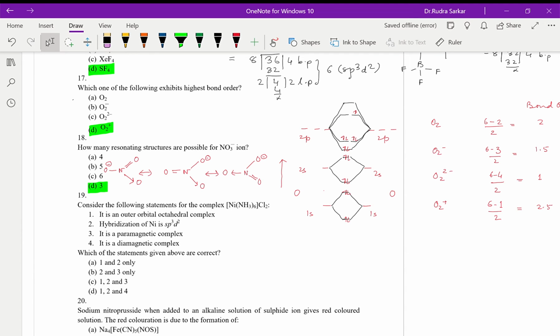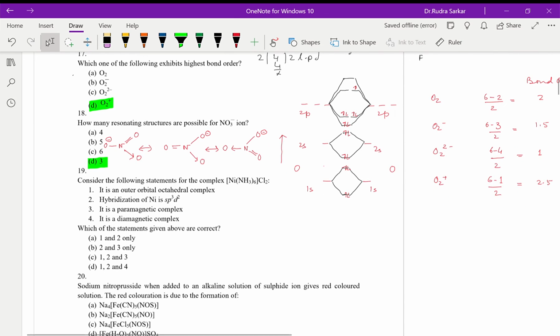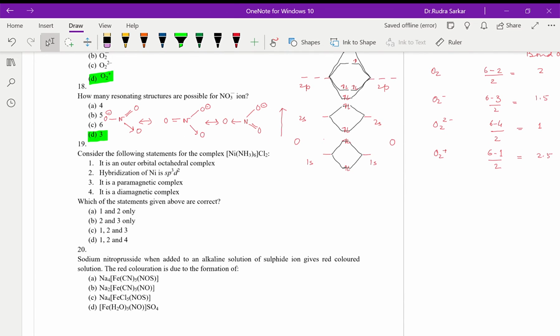So for this, one has to use valence bond theory, that is VBT,